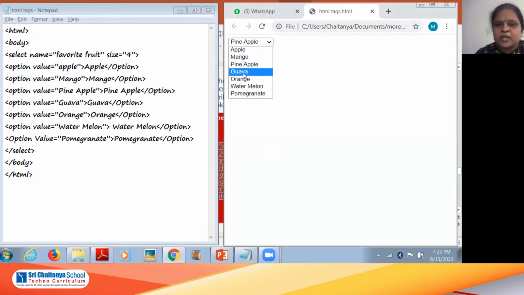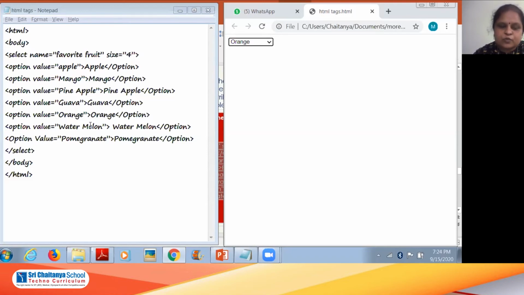Like this, you can make the drop down box using the select name and then favorite fruit. Here you are going to select the favorite fruit and option value. Here you are going to specify what value should be displayed and the information that should be displayed for that.